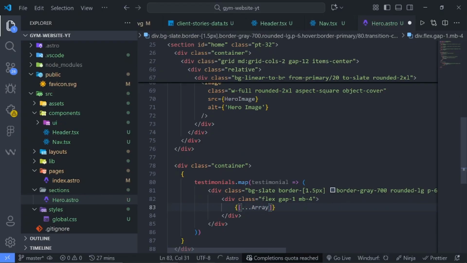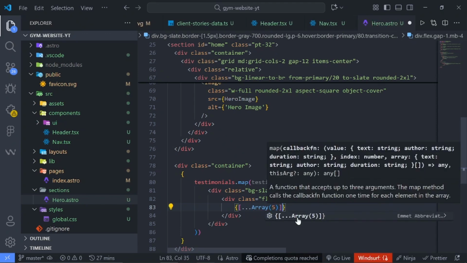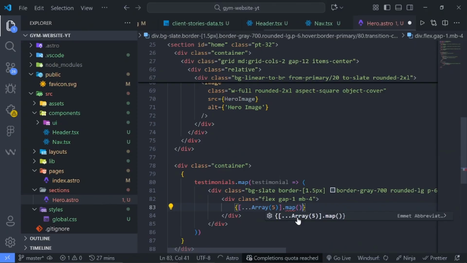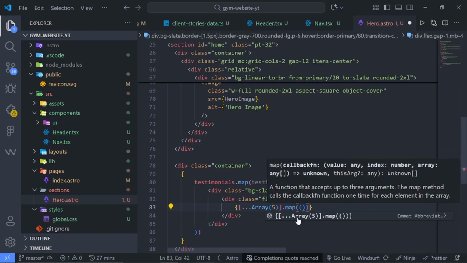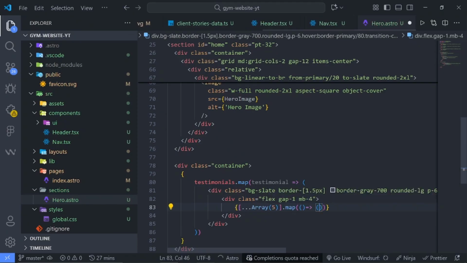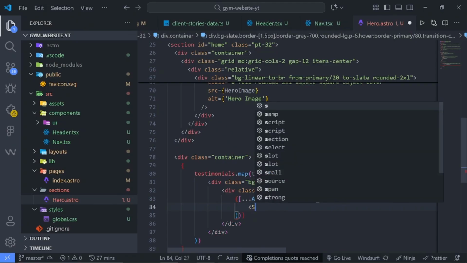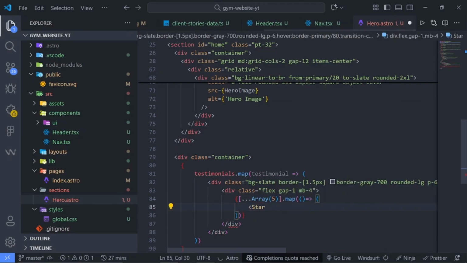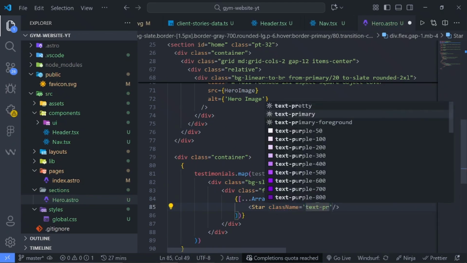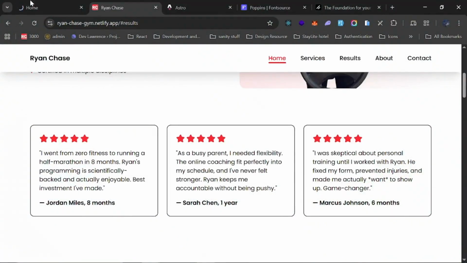I use the array like so, passing the value. So we can say the map like so, okay, so we'll bring in this star icon from Lucide icons. So give this a class name of text primary like so. So if we save now and go back,